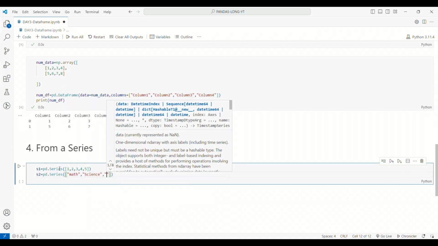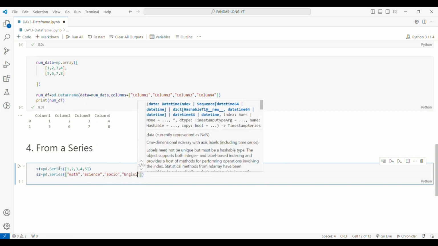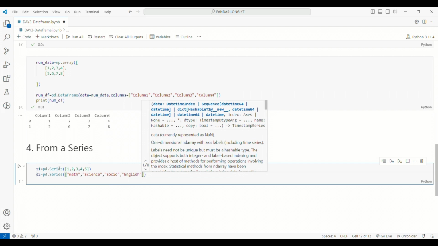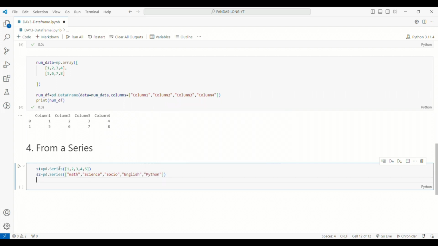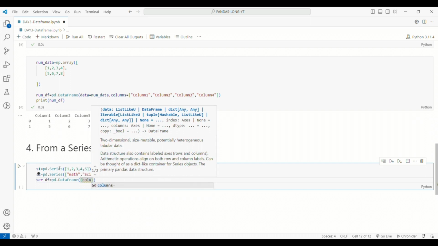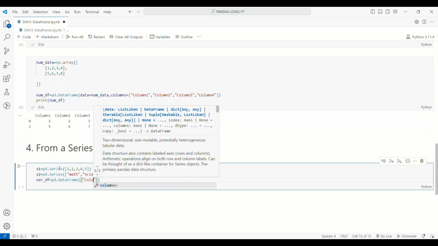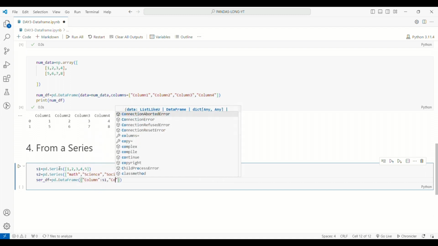So now let's create pd.DataFrame, and within that you have to write column 1. Now this is something tricky: you have to write it in dictionary format. So in the curly brackets I am writing column 1 is equal to S1, column 2 is equal to S2. So basically 2 series I am using, so I have to use the dictionary format to do the same. So we have 2 columns over here and multiple values.